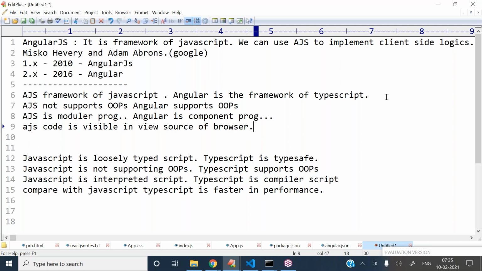So AngularJS code is visible in view page source of browser, but not Angular.